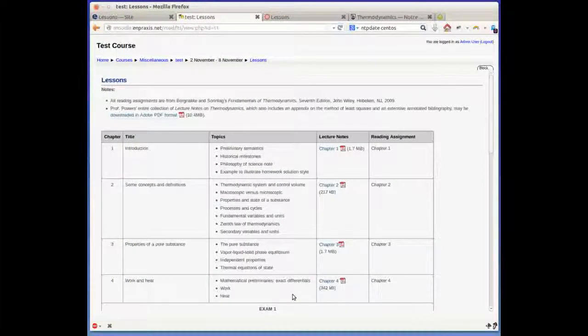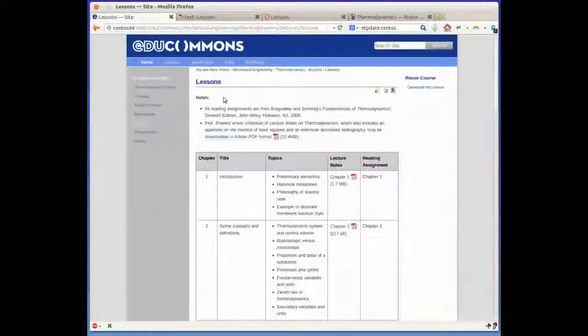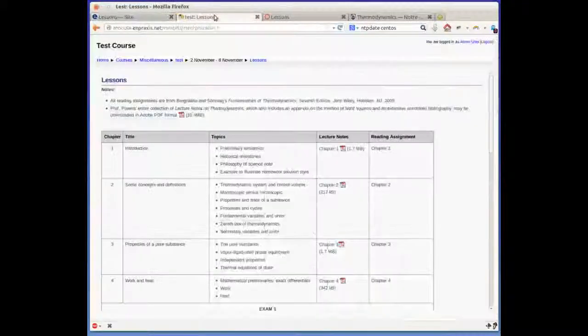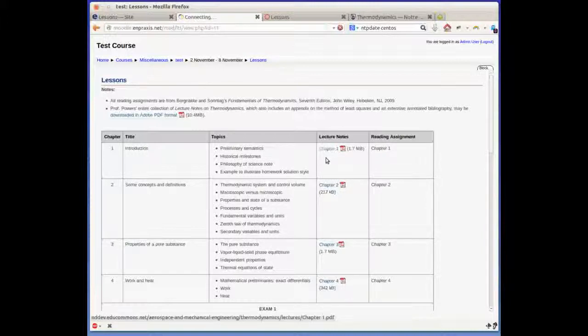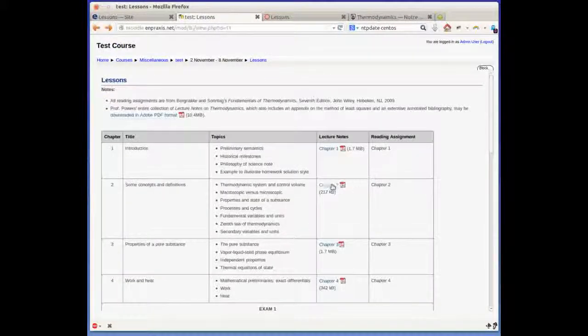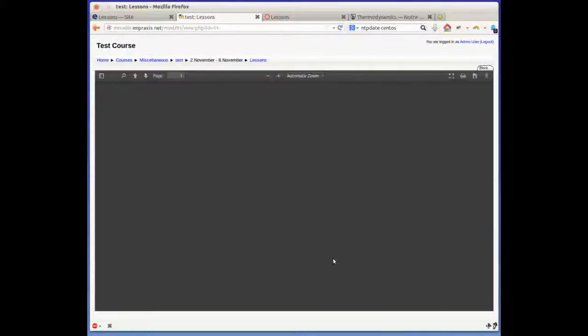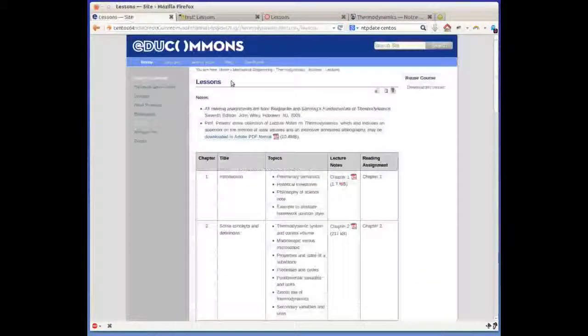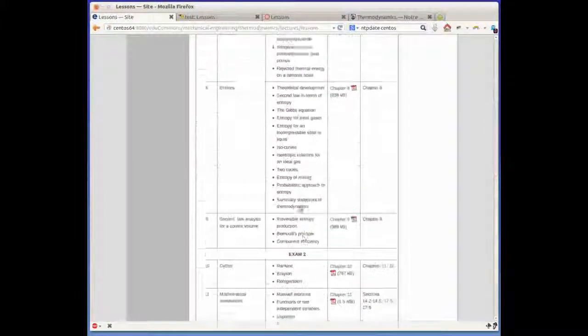Now you can see we've done the same thing. Here is our lessons. You know, it looks very much like our lessons site that was here in eduCommons that came originally from Notre Dame, of course. But now it's in our Moodle instance, and the same thing here. You know, now I can go look at all the chapters. I can use this content. Now, it's important to know that this content is coming directly from eduCommons. It's not copied into your LMS. It's actually referencing eduCommons directly, and I can show that really quick because if I come in here, if I log in,